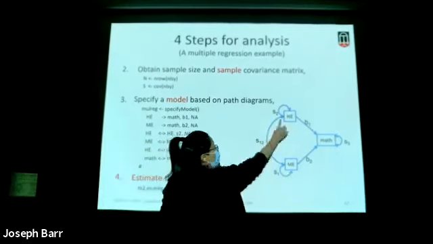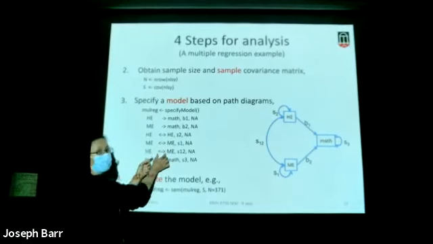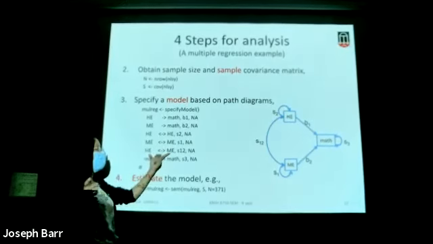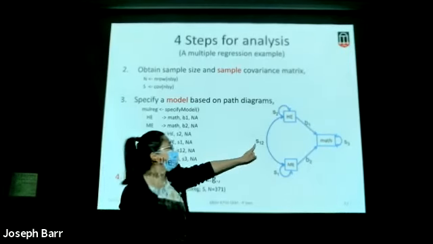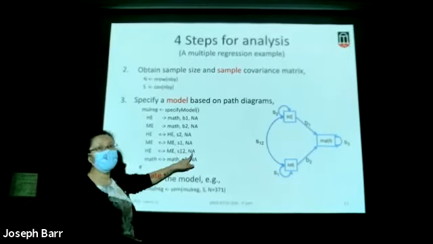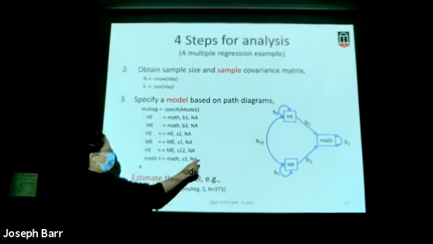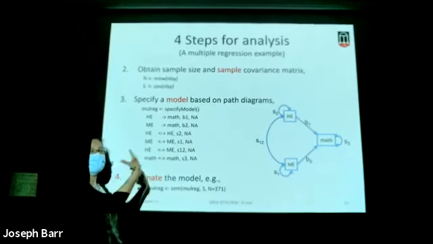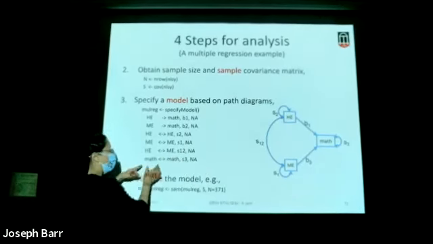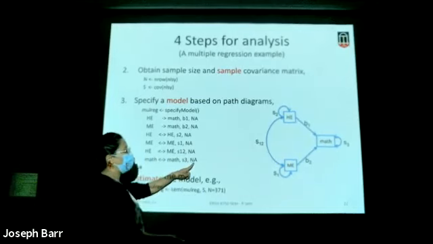Covariance between HE and ME. So HE, ME, double-headed covariance, because the names are different. We use S12, and starting value, no. And then the residual part, S3, math to math. Although it's a residual part, we just assume a simplified version. From math to math, double-headed arrow here, and S3, and starting value, NA.